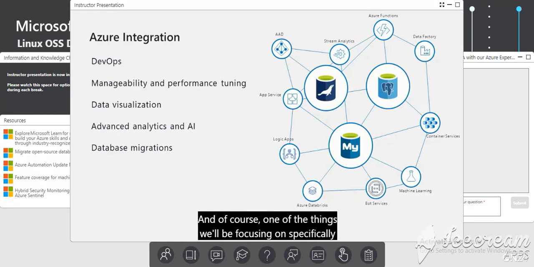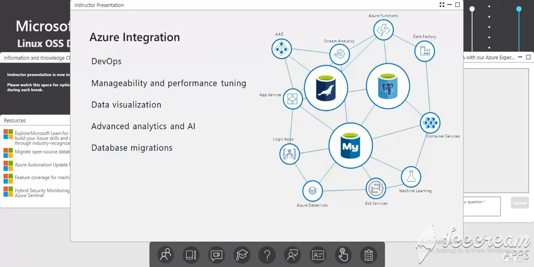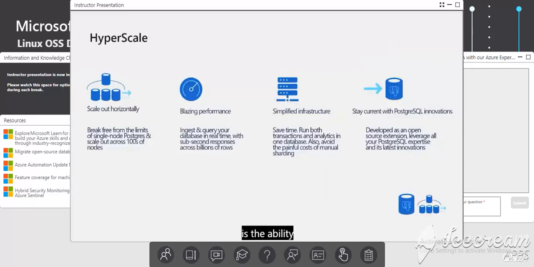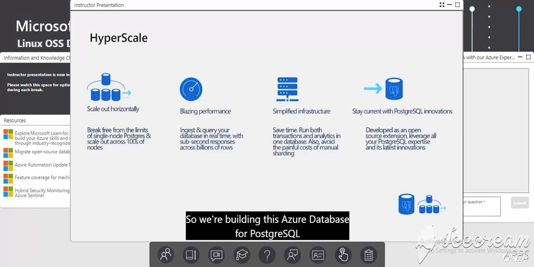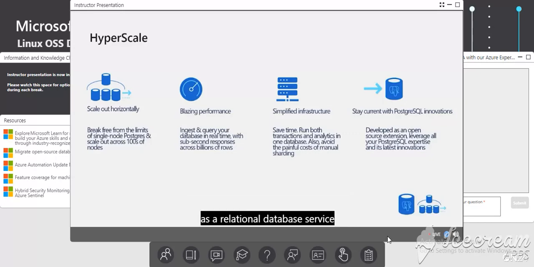And of course, one of the things we'll be focusing on specifically is what it's going to take us to actually perform that database migration from the on-premises or already hosted environment and bring that over to Azure. Now, one of the unique features that we have with the PostgreSQL offering is the ability to scale out horizontally, okay? So we're building this Azure Database for PostgreSQL as a relational database service in Azure, built for developers, and